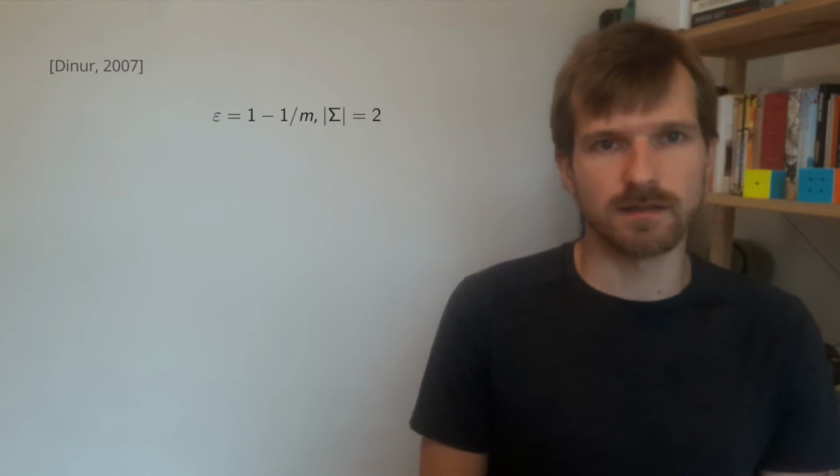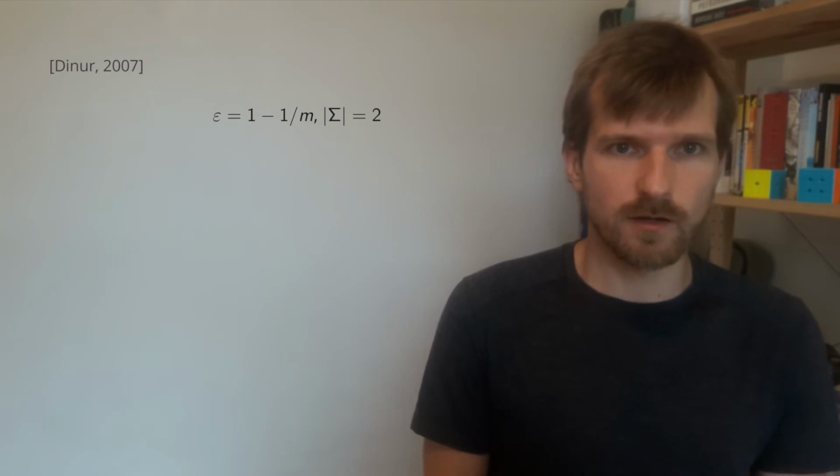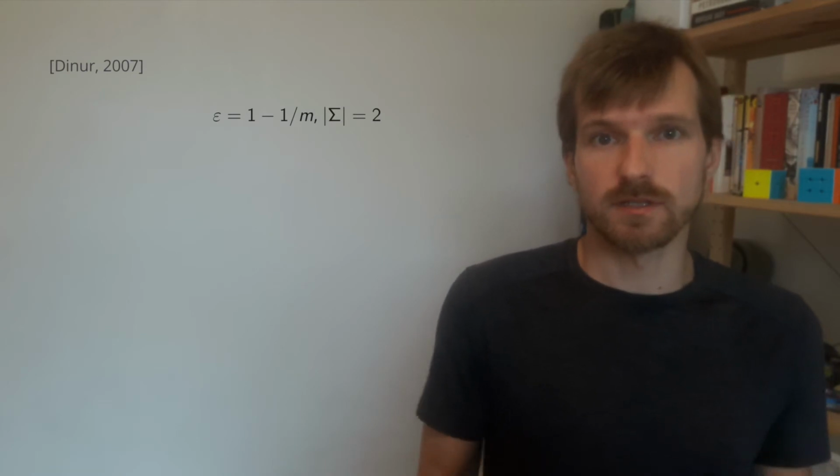By first thinking about the CSP in the following way. In CSP, you're supposed to distinguish between instances that are satisfiable from those that are not satisfiable. Well, not being satisfiable means that at most all but one constraints can be satisfied. So this allows you to start with an epsilon that is 1 minus 1 over m, when m is the number